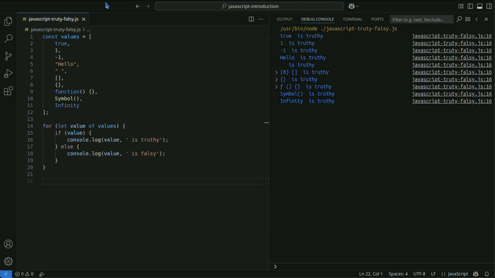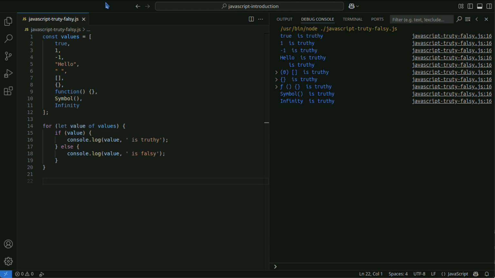Objects, even empty objects, and arrays, are truthy. Functions themselves are also truthy. Symbol, values of type symbol, are also truthy. Infinity, both positive and negative infinity, are truthy.